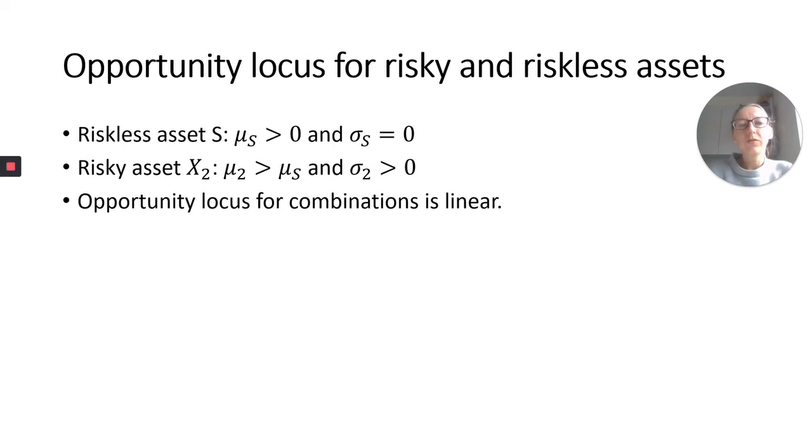So we continue our discussion about optimal portfolio formation, and now we talk about the case when we have a portfolio out of two assets. And let's assume that one of the assets is riskless. We will call it asset S. It has a positive return, but its risk or deviation is equal to zero. The other asset is risky, so its return is higher than asset S, and its deviation is positive, which means